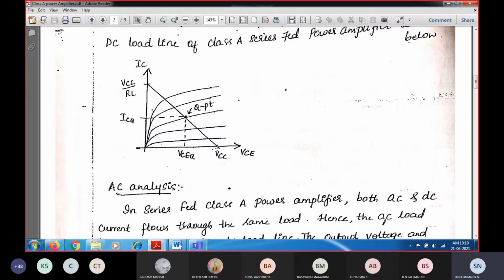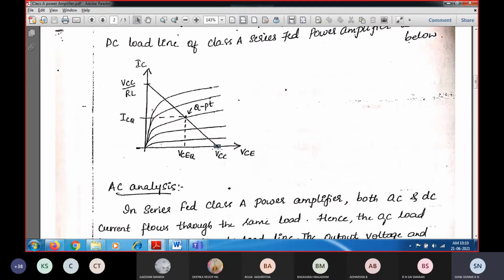Whenever there is a negative half cycle, the other amplifier is going to provide the negative output signal, so that for a given input signal you will get a complete output waveform. That type of configuration is called a push-pull configuration. We are going to see in detail how to realize the Class B amplifier. For that Class B amplifier, you select the Q point at the cutoff region.